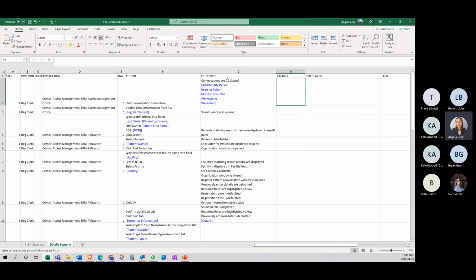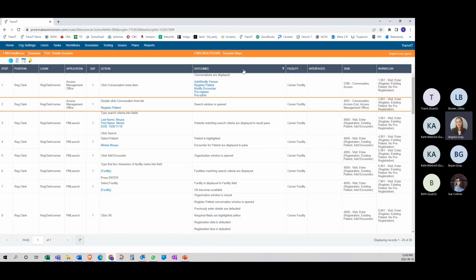If we look at the way that this is listed here, you can see that there's a bracket starting at the add/modify person line, and then the ending of the bracket is down here at the pre-admit. So if I go back to TransIT here, you can see that this is how it pulls in. If I want it to be listed out with a variety of different things listed inside my details field here,